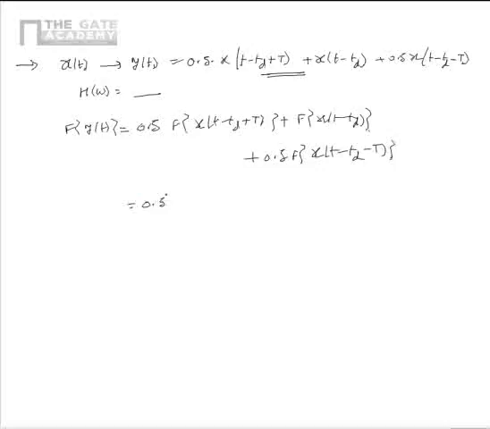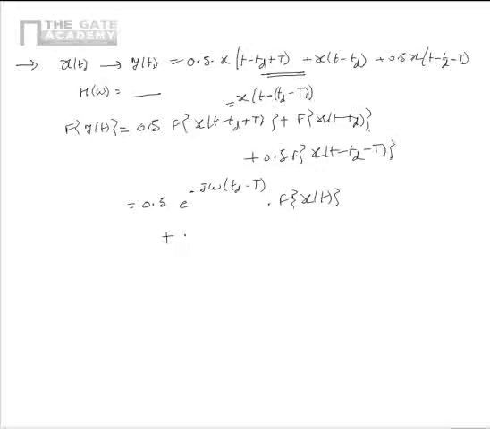We know that x of t minus td plus T can be written as x of t minus (Td minus capital T). So the Fourier transform of this quantity becomes e power minus j omega multiplied by (Td minus capital T) multiplied by Fourier transform of x of t